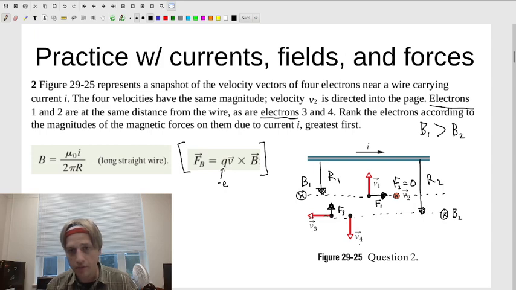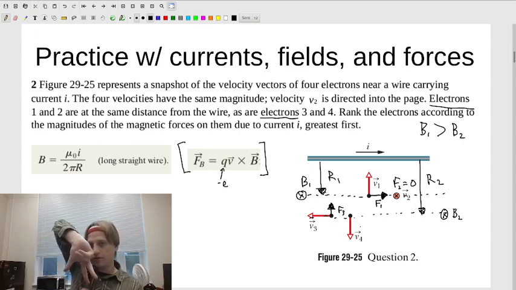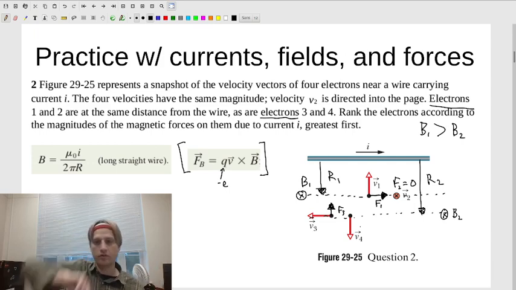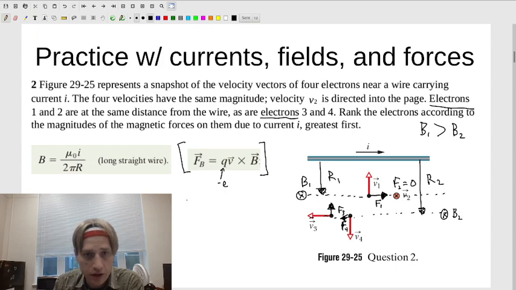And my V4, V cross B, so my thumb would be pointing to the right, but then I would have to reverse it. So I would get a force, F4, that's going to the left. All right, now, because B1 is bigger than B2, our magnitudes here, if we're just considering these all